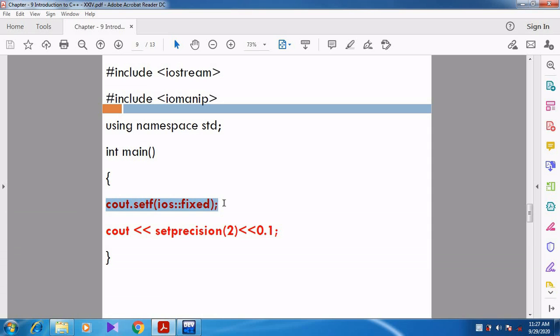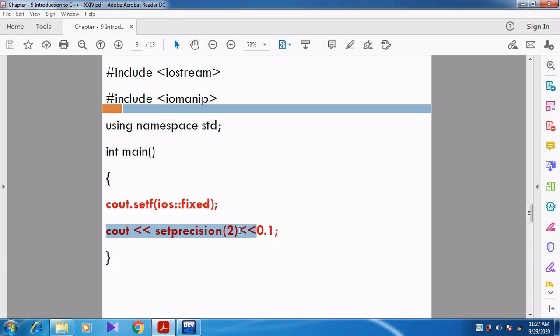Here we are using double colon, which we call the scope resolution operator. So cout.setf ios scope resolution operator, and then we are using fixed. So now we are using the fixed form.